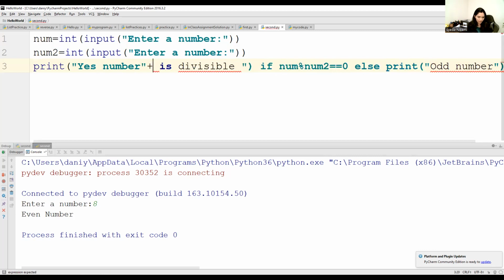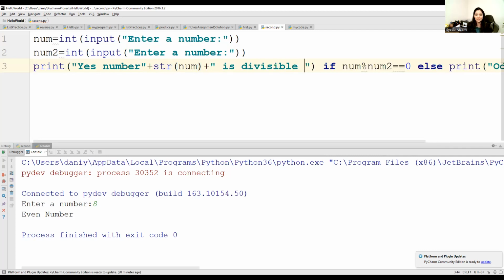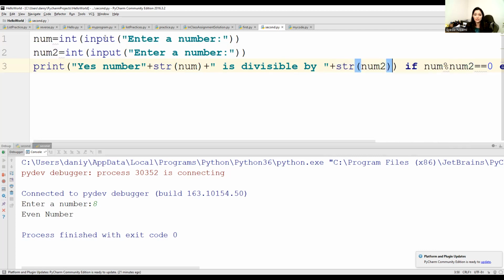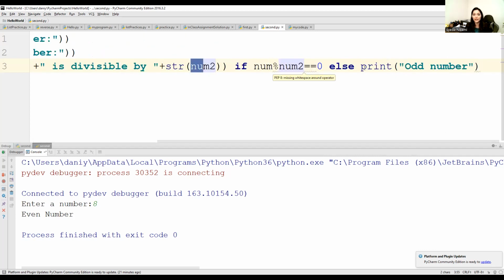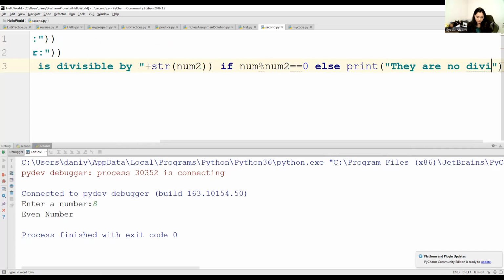I will use the concatenation operator str and I will say num, and then the concatenation operator, double quotation marks, "is divisible". This statement is becoming long, "is divisible by". Now over here I need num2 with the concatenation operator, str, converting my num2 because that's an integer. So you need to convert into string with str to do the concatenation or to combine. So yes, number 1 is divisible by number 2 if this statement will run if both of them are divisible by. Else, what you want to print is they are not divisible